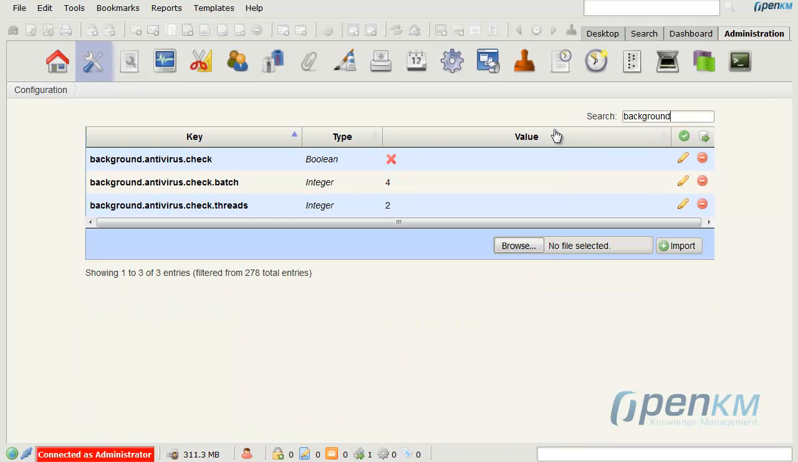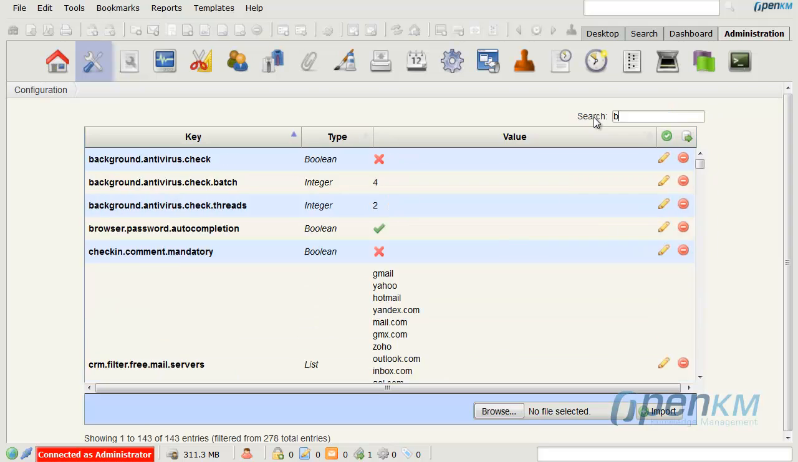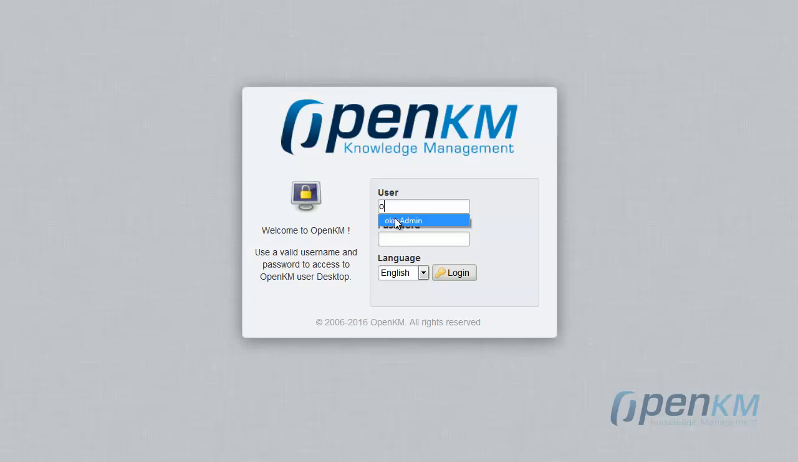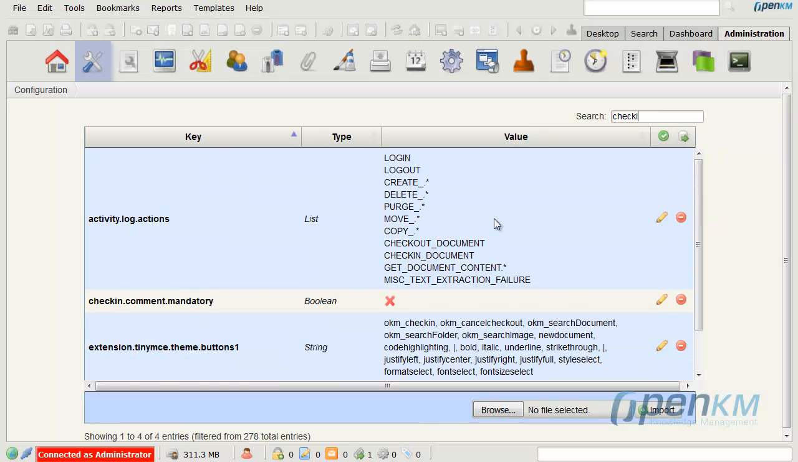Background antivirus check. This parameter is useful if you have connected an external antivirus to the document management system. Browser password autocompletion. It helps the browser to autocomplete the password. Checking comment mandatory. It is useful if, when a user uploads a document, we want the application to request the